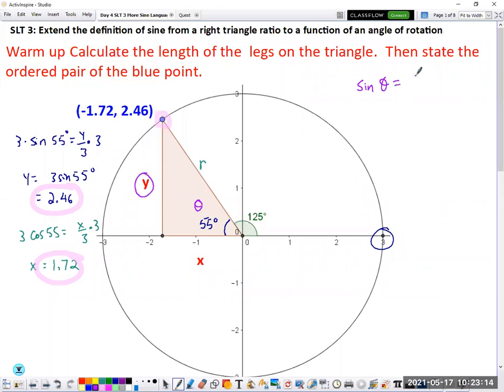And what's the hypotenuse? 2.46. No, just y, babe. Okay. Y over what? R. Y over R. Oop, that was not an R. Okay, so then if we were looking at the cosine of theta,